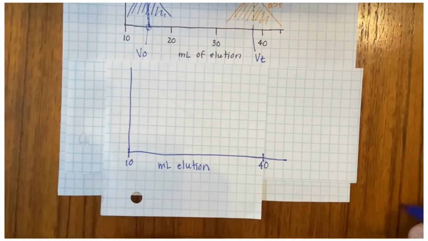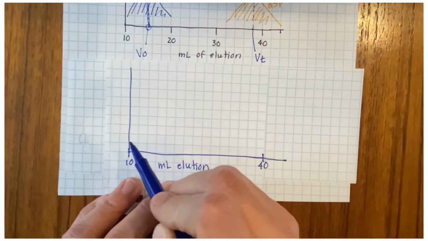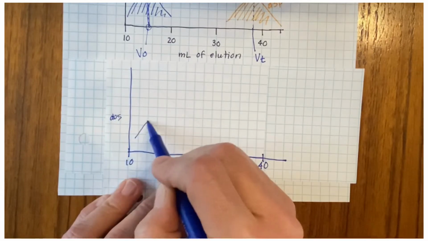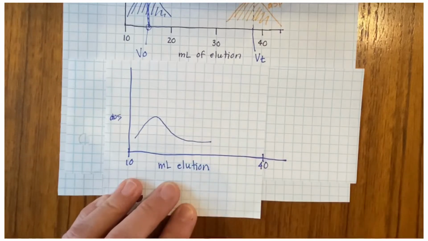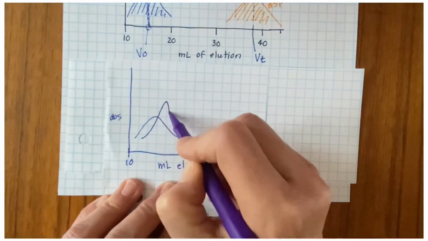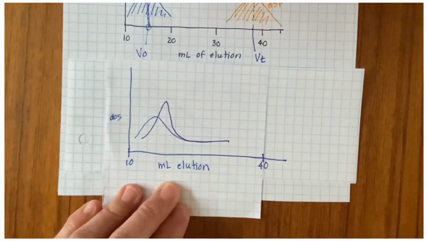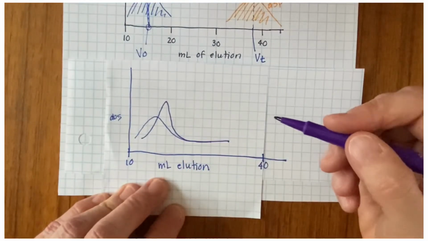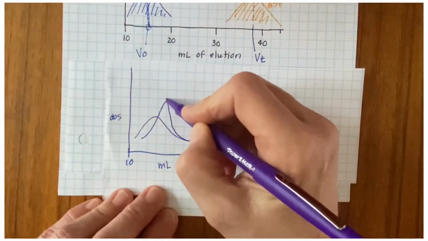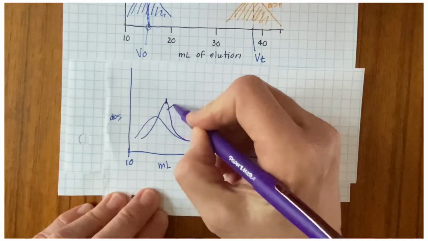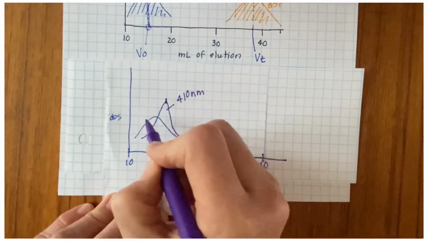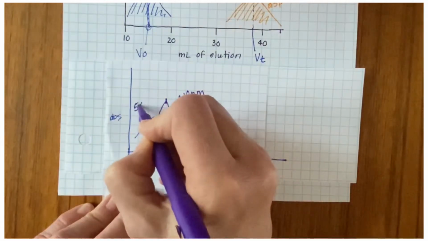So then we will go ahead and plot our Bradford absorbance. So absorbance will be on the Y. The Bradford absorbance will look like this. And then the activity absorbance will look like this. And since we want to find the volume it takes to elute the enzyme, it'll be this part here. That's the activity, so that's the 410 nanometer. The other one is the 595 nanometer